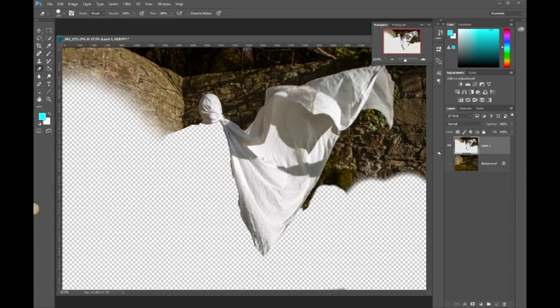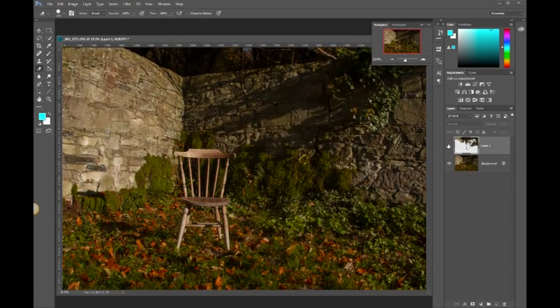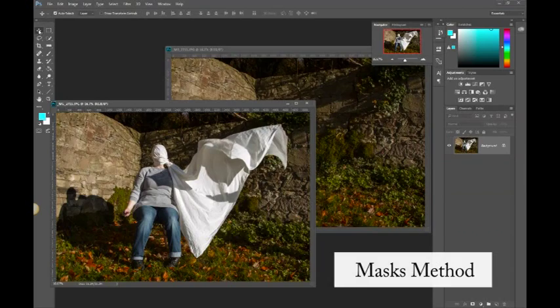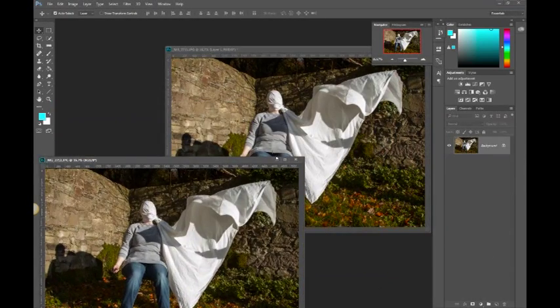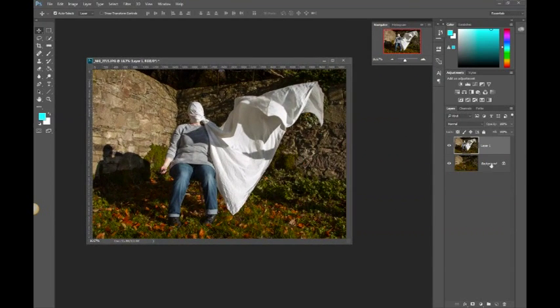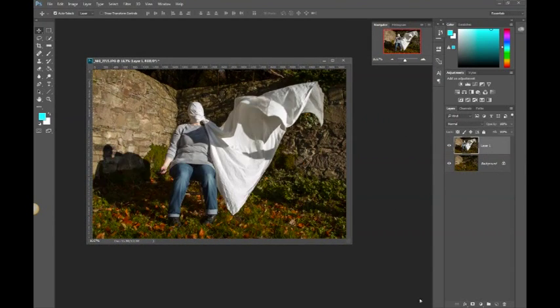So if I switch on the background again and then switch off the top, you can see there that that fits pretty well. So for the second method, I'm just bringing the image in again directly on top and I'm just going to minimize the target image. I'm going to just switch off the top to make sure it's aligned perfectly,